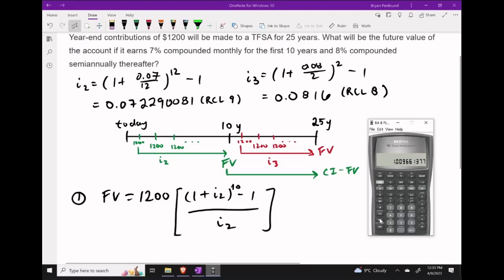Let's divide by recall 9, or I2, and then multiply by our payment size of $1,200. And this is going to give us a future value for the green payment stream at the 10-year focal point of